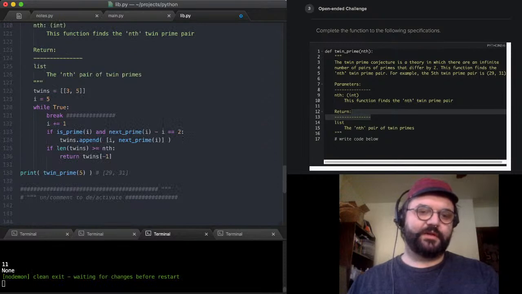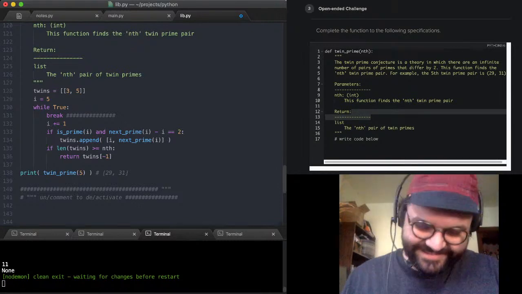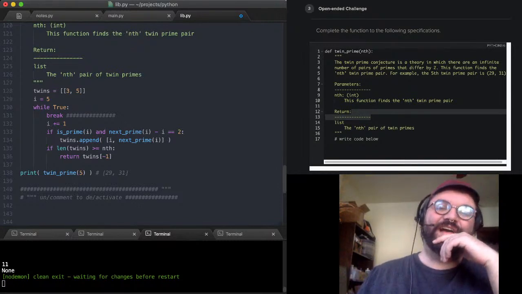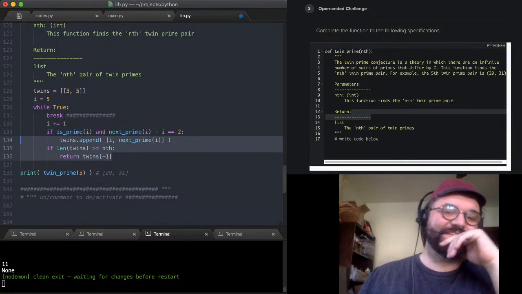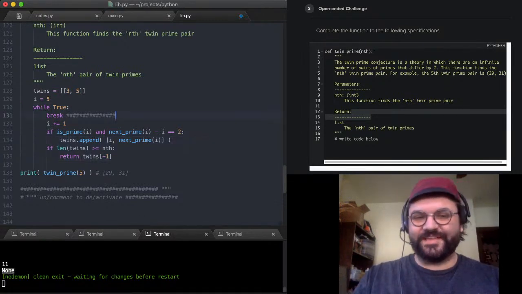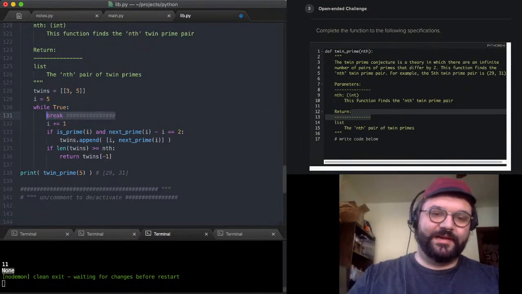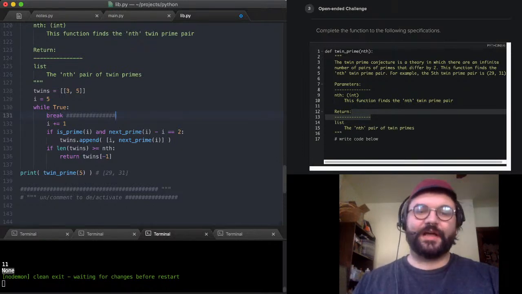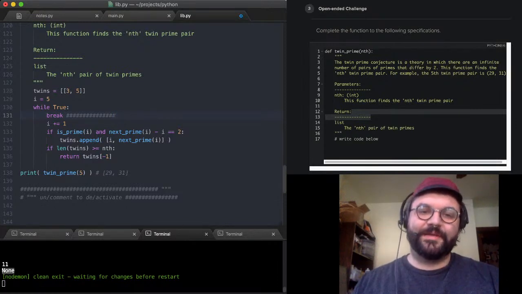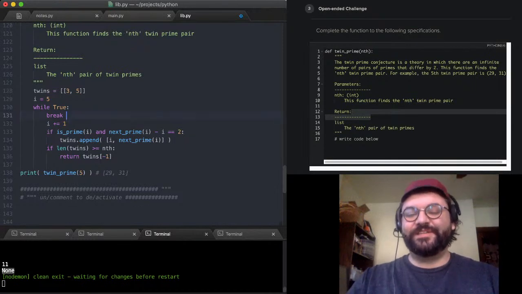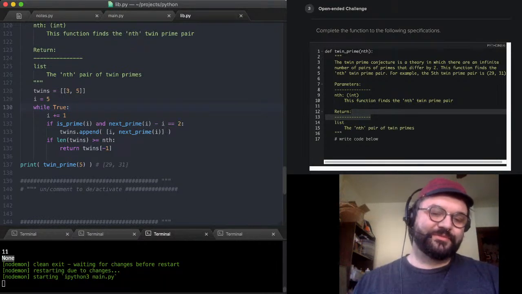Return twins minus 1. Ah, well, see, that's interesting. Oh, I see. I looked at this and I'm like, but I wrote this logic first. Why isn't it working? Why am I getting None for this function? And remember, it's because of this break. See, I even left the bar of comments and I forgot the break, right? But as soon as I was like, oh shoot, I got to look at the code because I thought I wrote it all out, and then I saw the bar of comments. So even though I gave that spiel, if I had left it off there, I wouldn't have seen it, and I'd probably still be going, why isn't my code working? So okay,